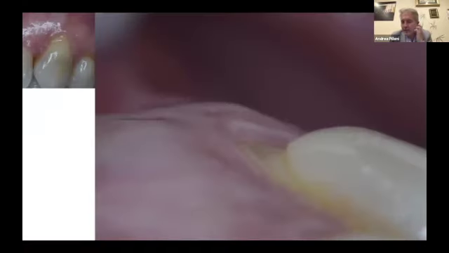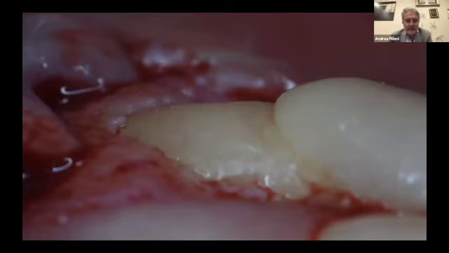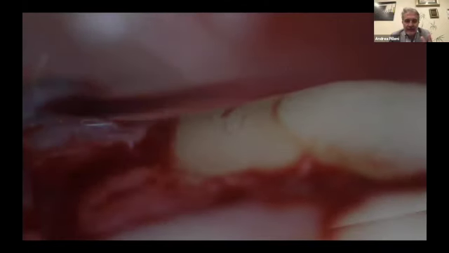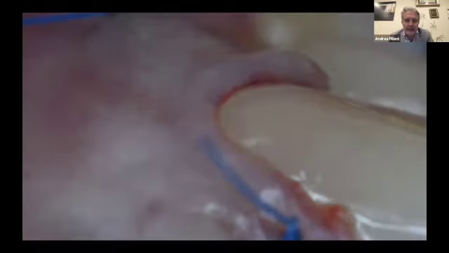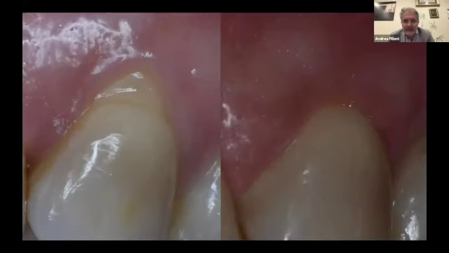And of course, we raise the flap. This is the exposure of the root. This is the application of a layer of HA in the form of gel. This is 1 minute later. This is now 2 minutes later, and you see the blood seems to crawl over and underneath and within this gel. We advance the flap, and of course we had a nice healing, but mostly